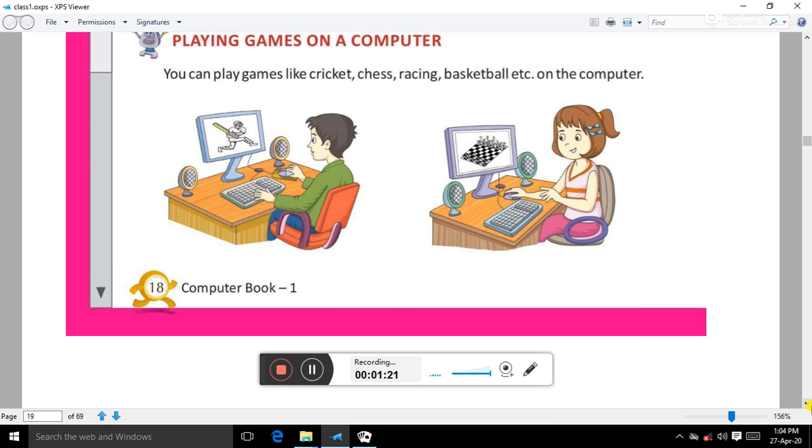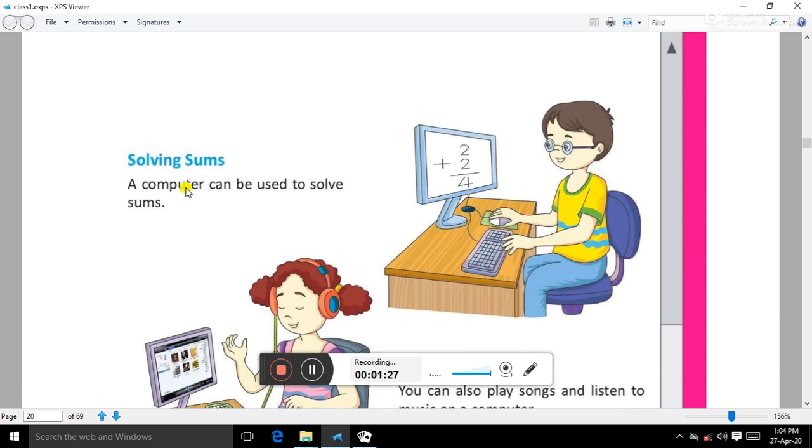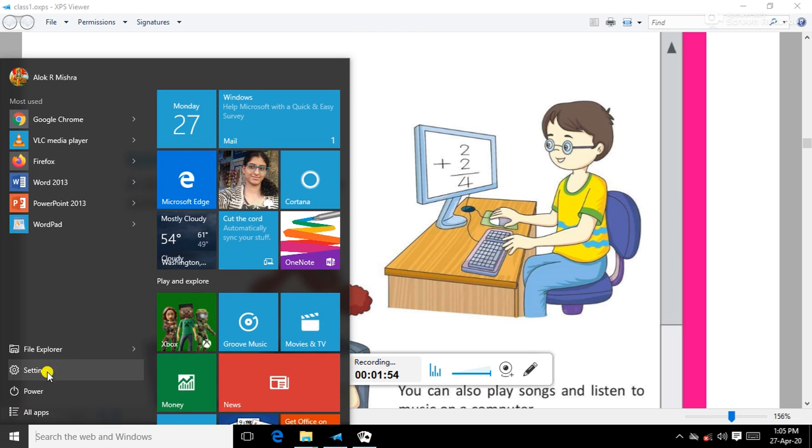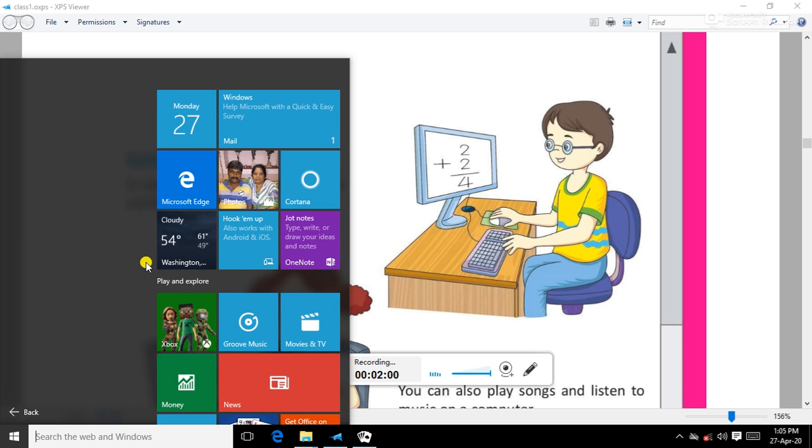The next activity you can perform on a computer system is solving sums. A computer system can be used to solve different arithmetical and logical operations, like if you want to add two numbers or subtract two numbers. All the calculations you can perform through the inbuilt calculator which comes with the Windows operating system, any version of Windows. To open the calculator, you have to click on the start button. Next, move into all apps, and then you can move into the calculator section.